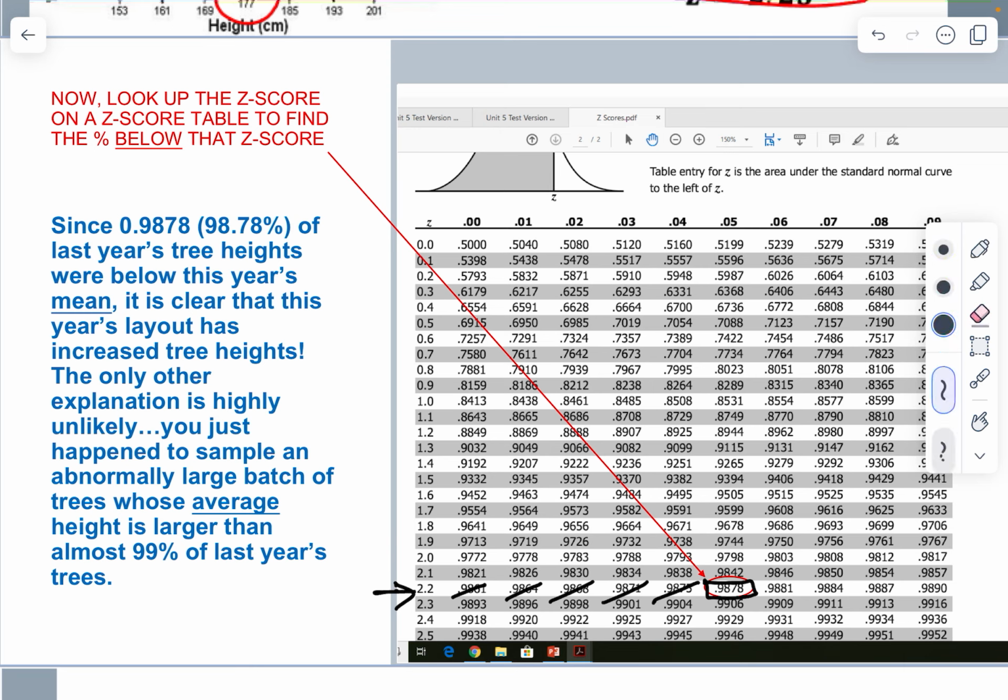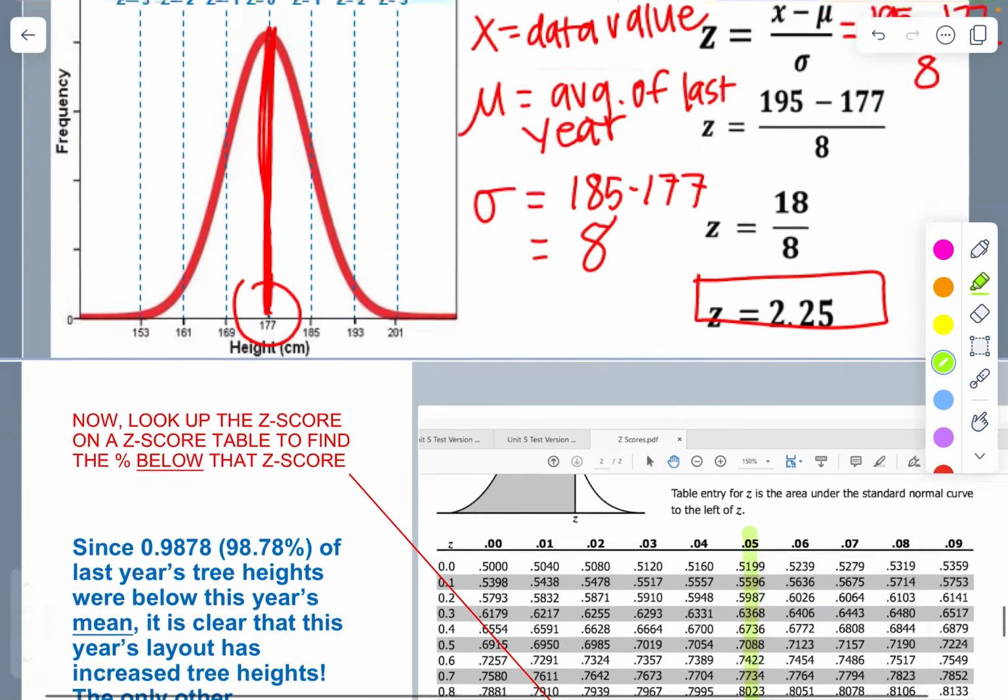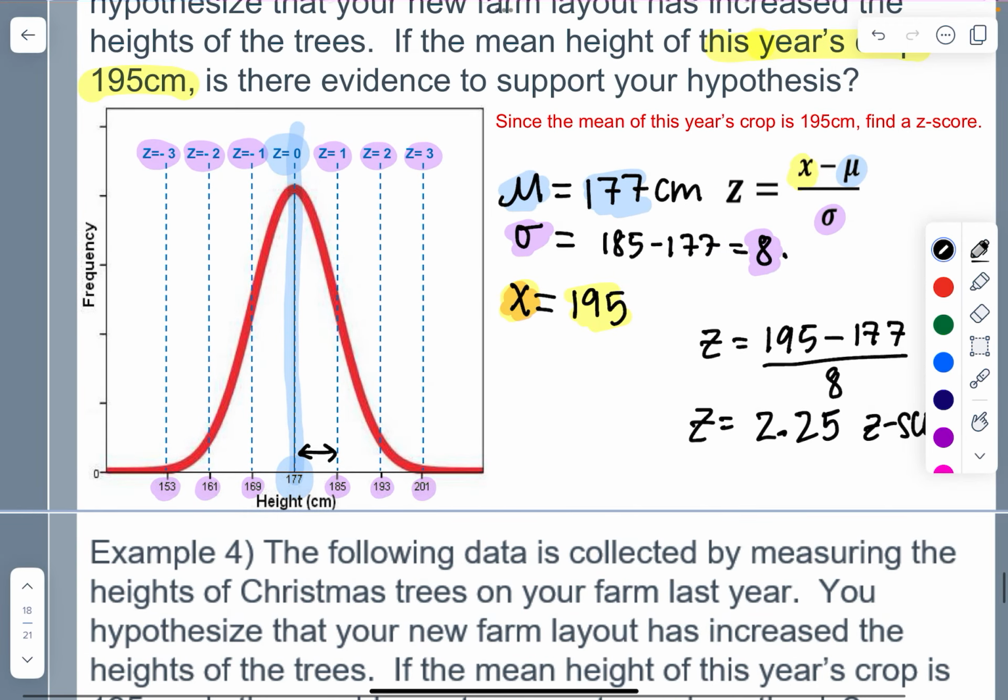Kind of seeing where 2.2 and 0.05 intersect. It's that number right there, 0.9878. That's the area under the curve to the left. So this gives us 0.9878, or